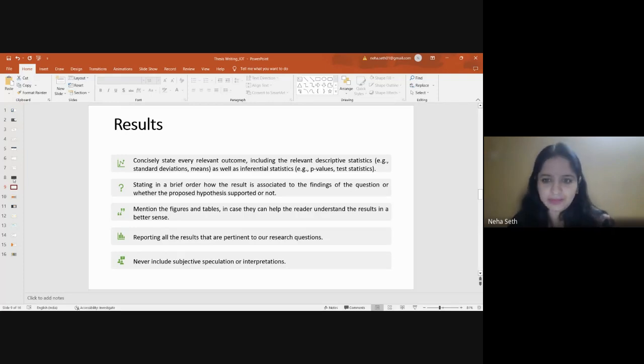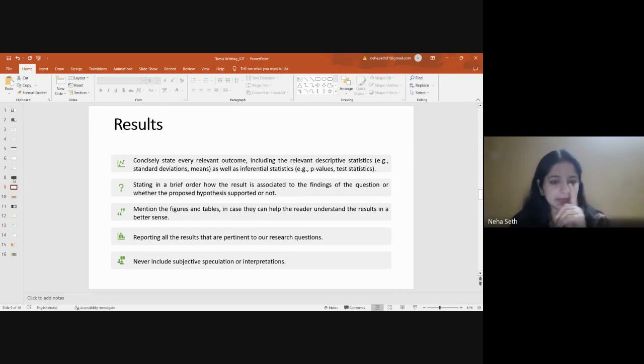Everything should be mentioned in this particular chapter. When we are talking about social science research, we can use various tables to present these results. When we are running the test, there are a number of tables that we get. Sometimes the results are too detailed, and giving every piece of information is not possible in the chapter. So we can pick the relevant information from the table and present it in this chapter as per our need.